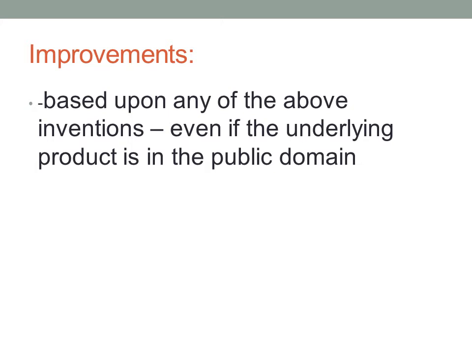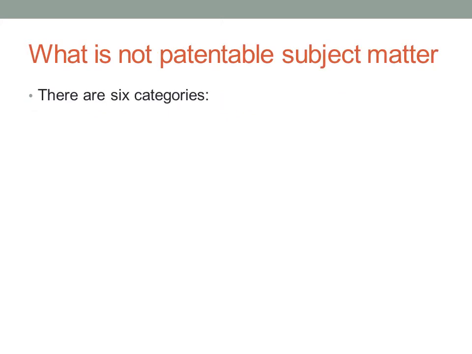Why have this? Because they're follow-ons to inventions, and they enhance and build upon pioneering. We create, well, that's a great idea, but what if we do this, or if we expand on this? So allowing for improvements, the ability to get a patent on improvements, obviously helps society. So now that we talked about what is subject matter, let's talk about what is not subject matter. There are 6 categories. I don't have slides on those, so you might want to keep track of them.